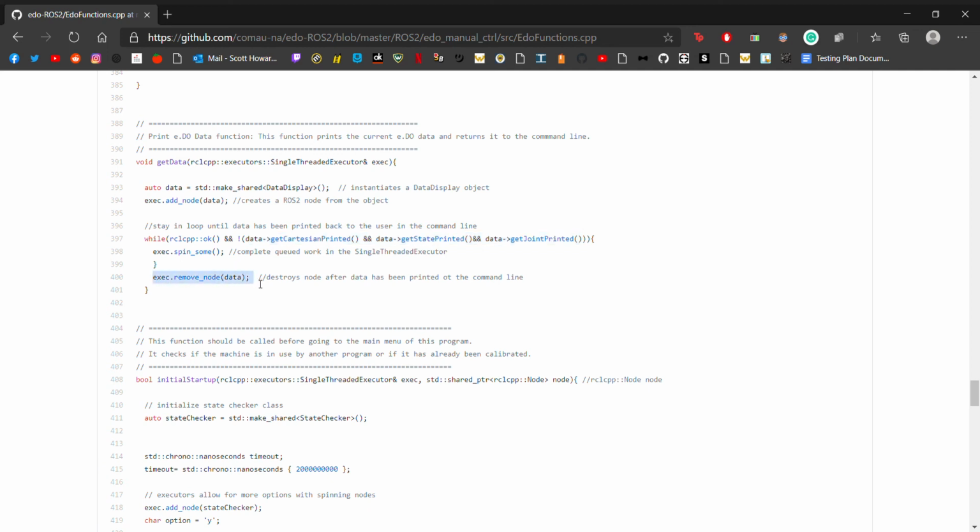And then you always have to remove nodes from the executor once you're done using them. So the reason we use executor is because spin some is really useful, and that is allowed by executors. And basically it's,